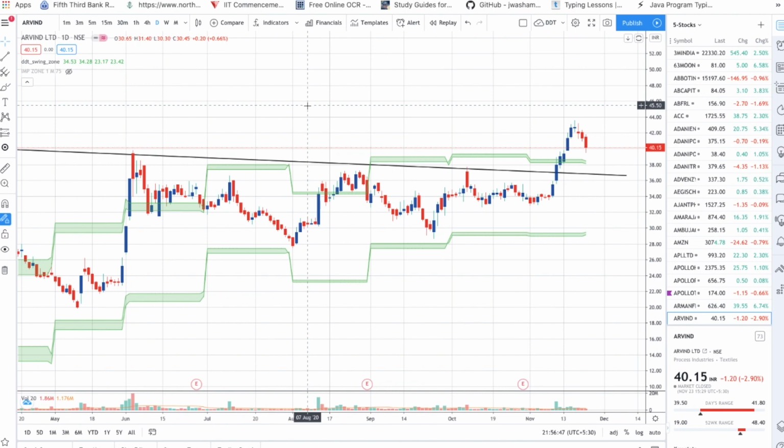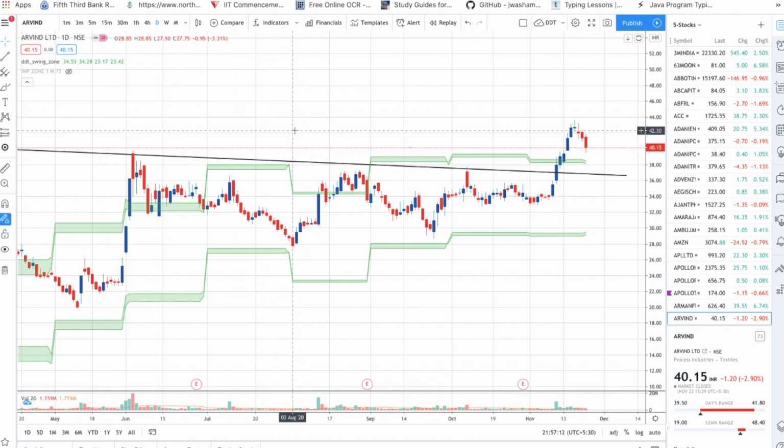I got a couple of queries also. Some people are not able to draw the trend line, or not able to find where the risk and reward ratio symbol is and where we can get that. So I thought it's better to share these things, because these are needed and we really need to have them in mind to draw these things. So we'll discuss each section of TradingView one by one.